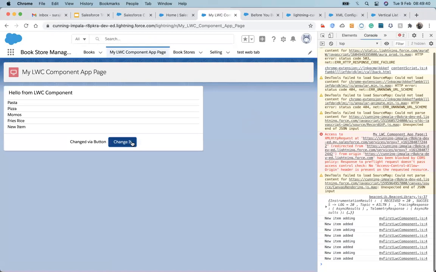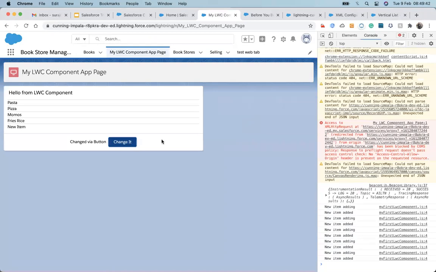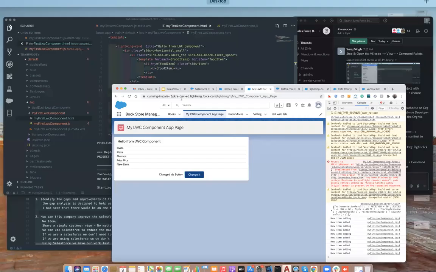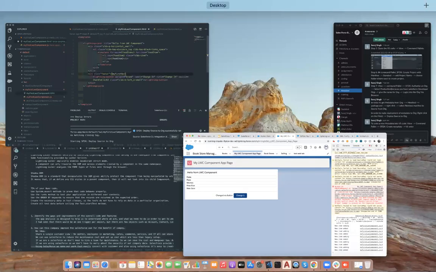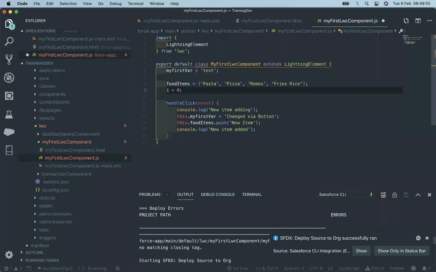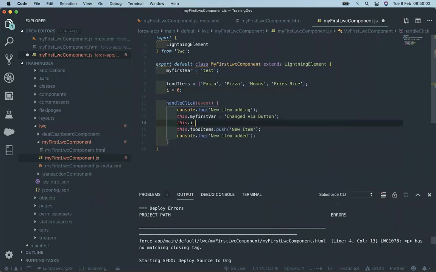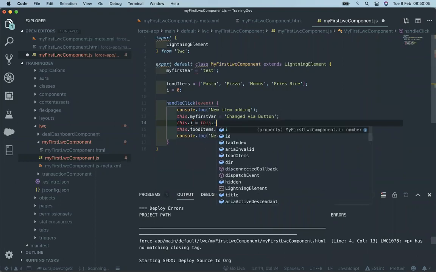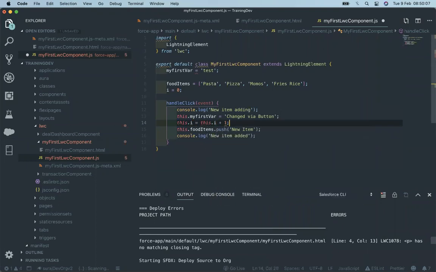Let's do one more thing. Let i equal to 0. this.i equals this.i plus 1.